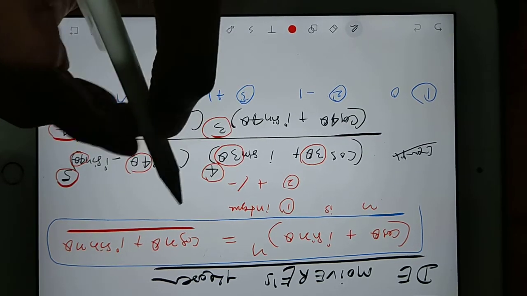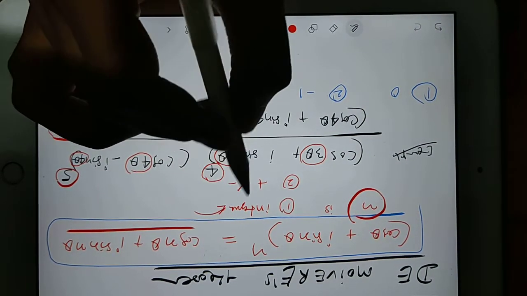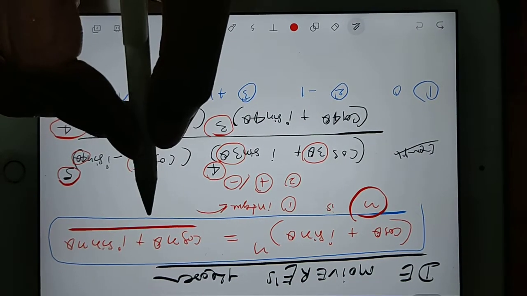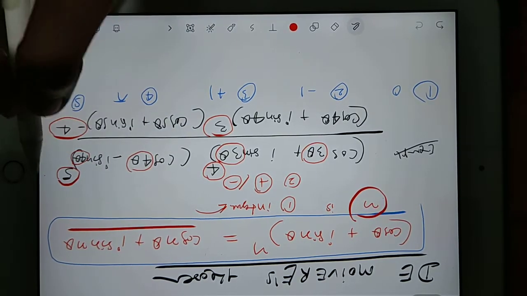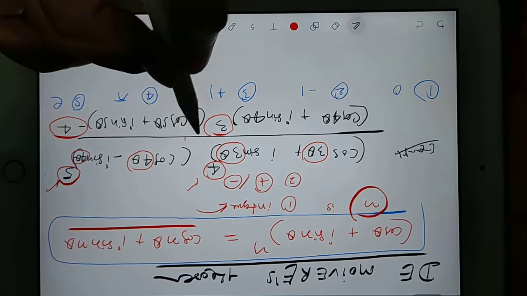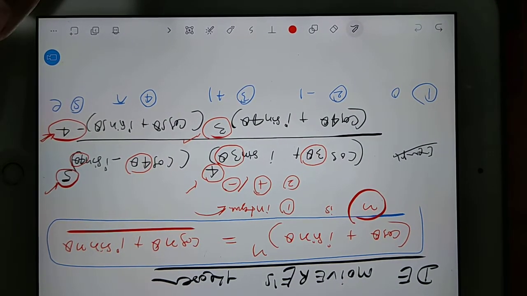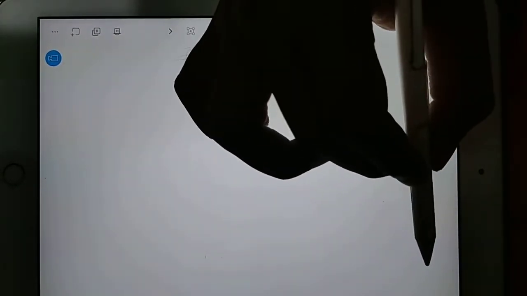This n that we have written here can be an integer, it has to be an integer, but it can be positive also, it can be negative also. In my question, your n is positive here, here, here, and here, and negative here. So we can apply this theorem in all the 4 parts. I'll change the page. You see, one by one I'm writing in the solution part.